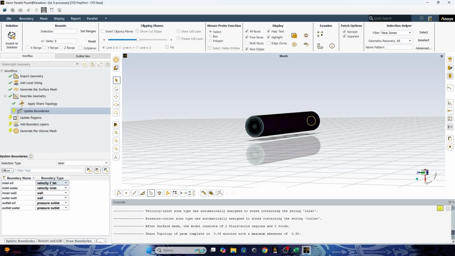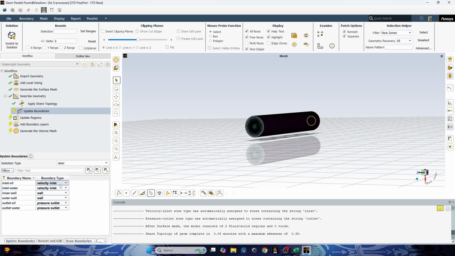You can just verify whether the boundaries that were automatically updated by the software are right or false. So here: inlet oil, inlet water, inner wall, outlet oil, and outlet water.